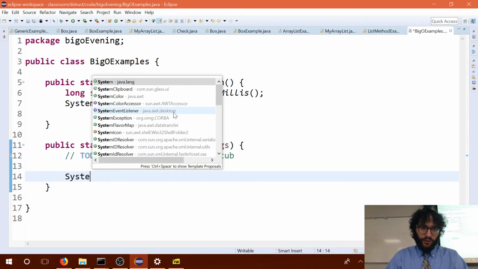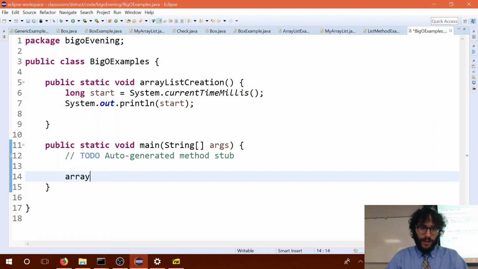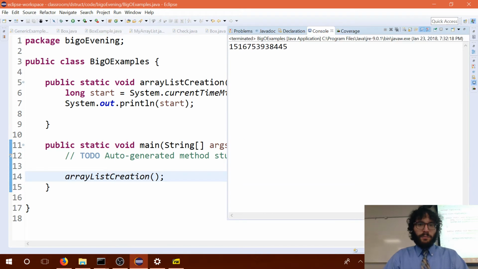And actually, all I have to do is call this because I got println in there. So, ArrayList Creation. Okay. And it's going to print out the time in milliseconds, and you'll notice that it's going to change,